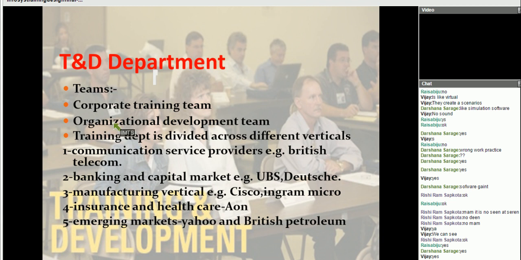So for training and development department, there are two types, there are different teams. Corporate training team, organizational development team. Then training department is divided across different verticals. You can see communication service providers, banking and capital markets, manufacturing verticals, insurance and healthcare, and emerging markets, Yahoo and